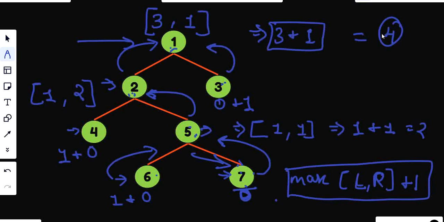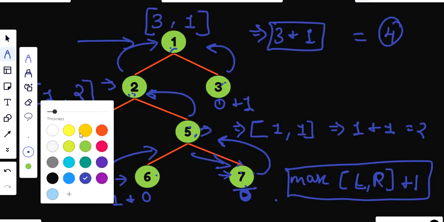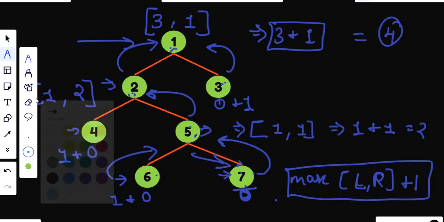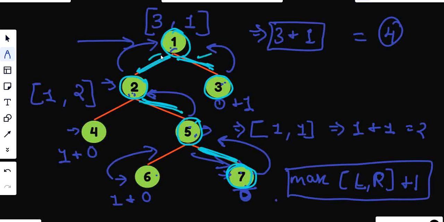This is what the answer is. So let me just highlight these nodes which are the answer so that it would be clear to everyone. So this is 3, this is 1, this is 2, this is 5, this is 7. We can consider 3 as well, but I'm just highlighting 7 so that no one will get confused. So this is the path, and we can see there are 1, 2, 3, 4 edges, and our answer is